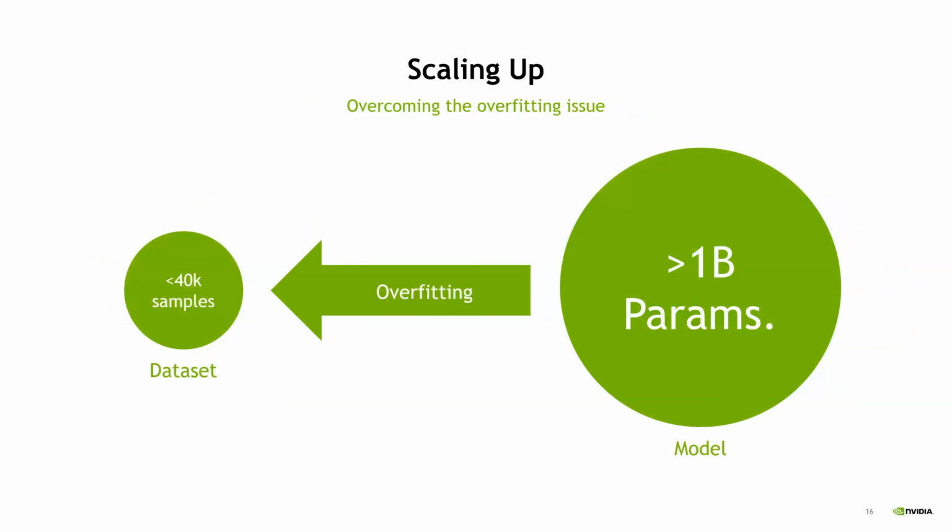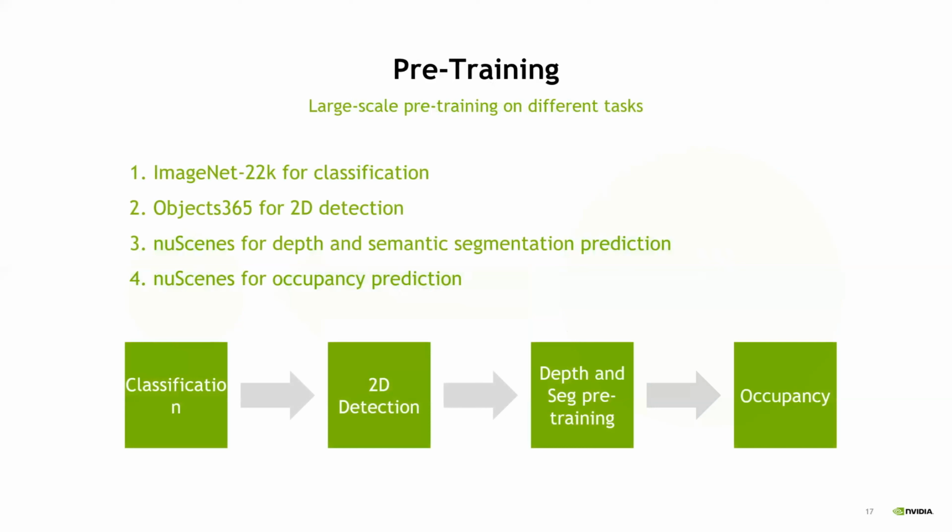But the problem is that once you have 1B parameters, the nuScenes dataset is very small and contains very few samples. It's basically in-domain data, not very suitable for large-scale pre-training. When you do pre-training, you want to do it on very generalized data, like web data with a lot of diversity. That is why we deploy this pipeline where we start from ImageNet-22K pre-training,